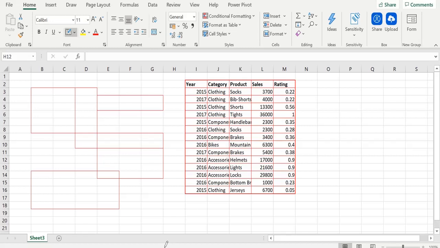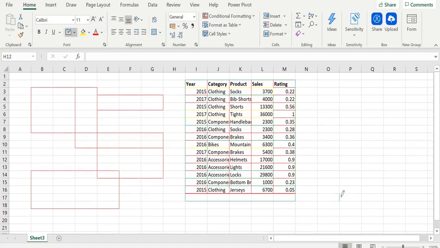So I can draw the custom borders now. In place of drawing the borders on a specific data set, you can draw the borders accordingly. The border has changed to yellow now. If I want to change this to yellow, just see, the border has changed to yellow. So this is the way we can draw customized borders as well.